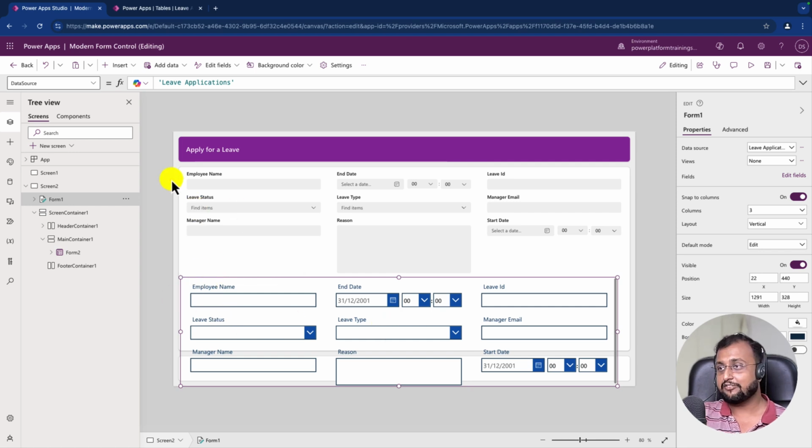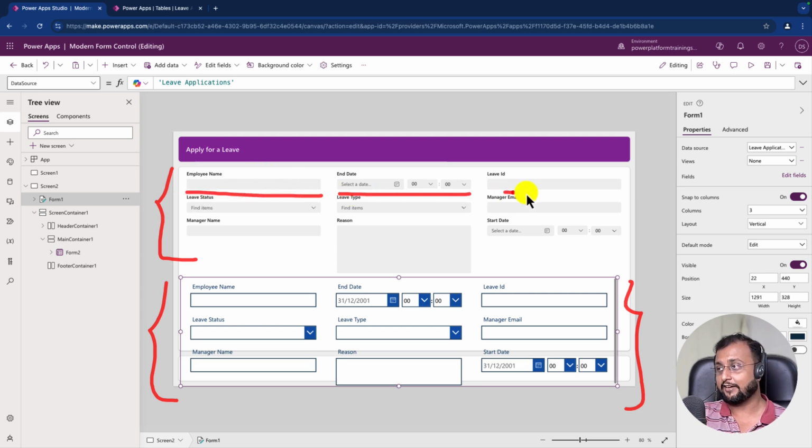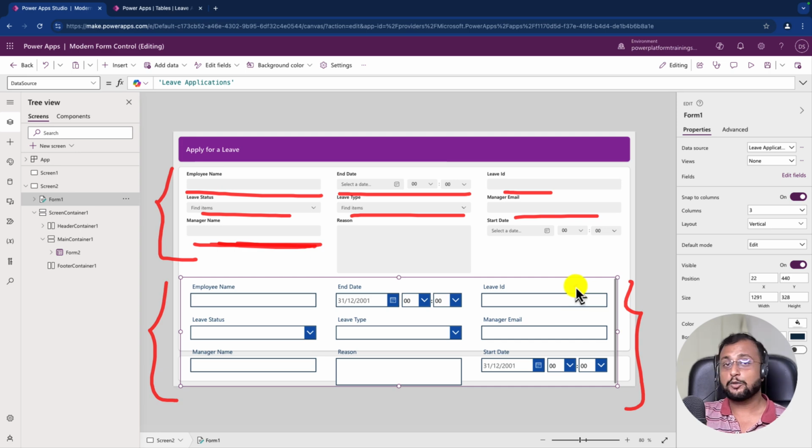There is a vast difference between the modern and the classic control. You can see that classic controls have a heavy kind of design. It always hurts the eye. But this new modern one is really very slick. You can see it provides a very good UI experience, because the modern controls are based on the Fluent UI theme, right? So now the beautiful power of creation is possible with the help of the out-of-the-box form control itself with the NewForm